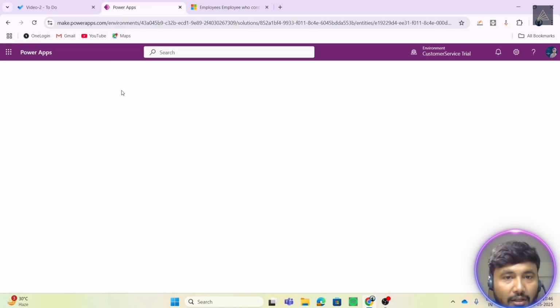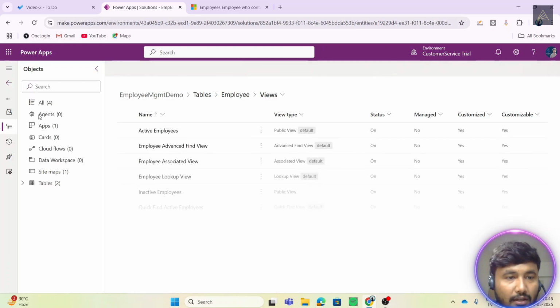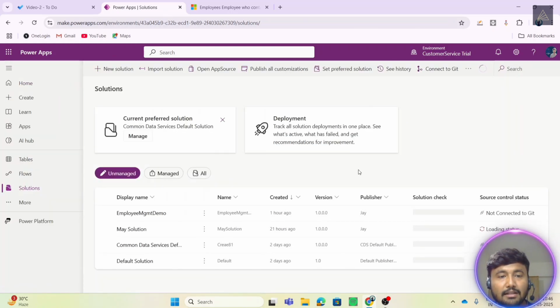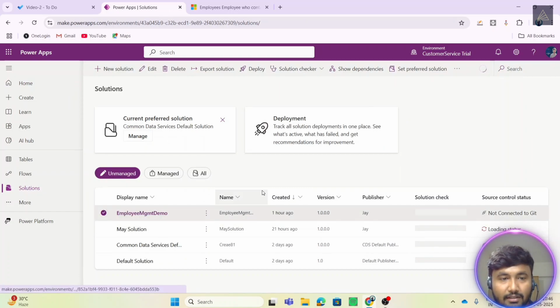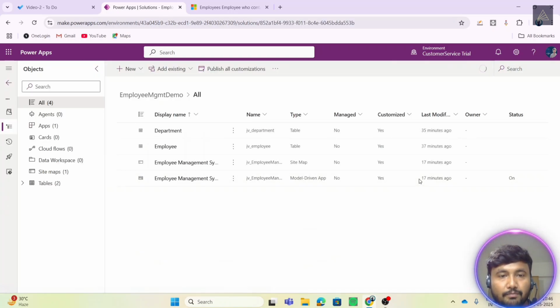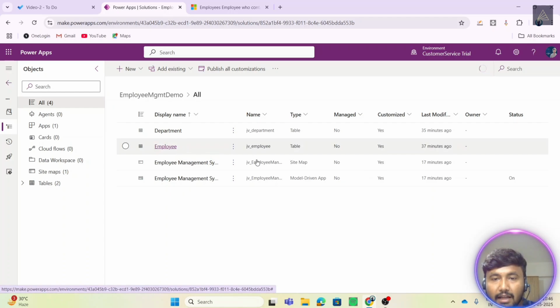Let's go back from here because we have created the view, and yes, let's click on the back button. Yeah, we are out of the solution now. Let's go back to the solution. All right, so see, we had this table which is our employee table. I will go there,